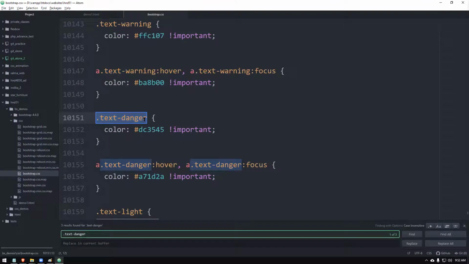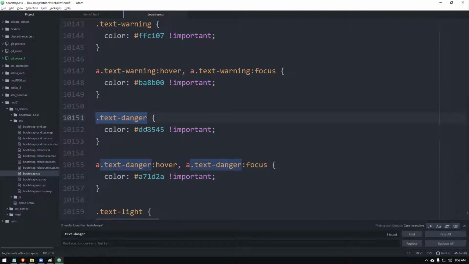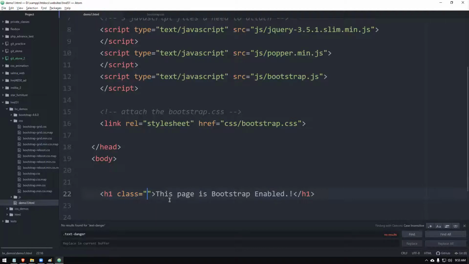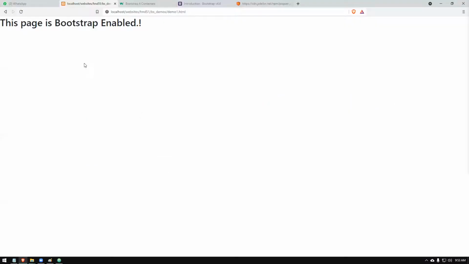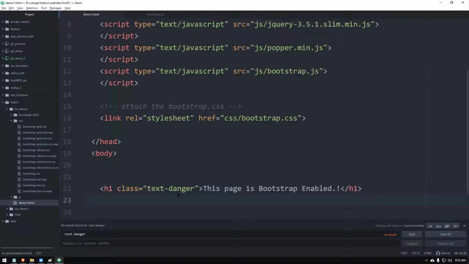So here there's a class called text-danger. So there is a color already given. This exclamation mark important says if any other setting has been given to this text, override it. So no matter what, this will work. That is why important is used. I just wanted to show you. That's why I opened it and showed you. Now if I want to use that one, simply I use text-danger. Let's refresh this. This will be in red. Very simple, right? Okay, let's put a button in your web page.